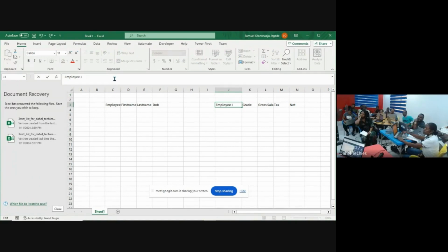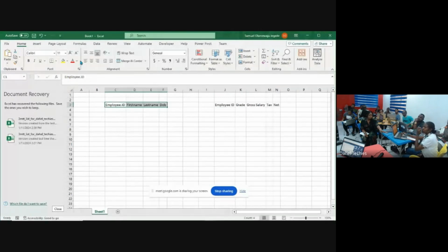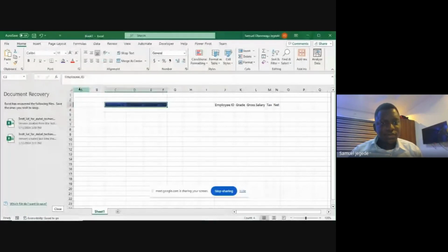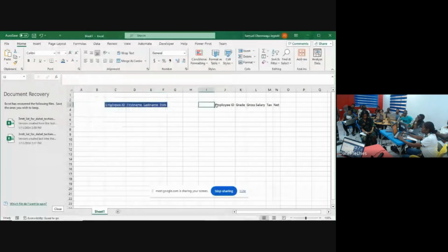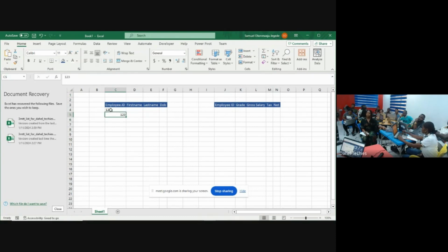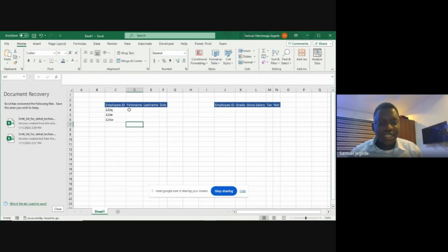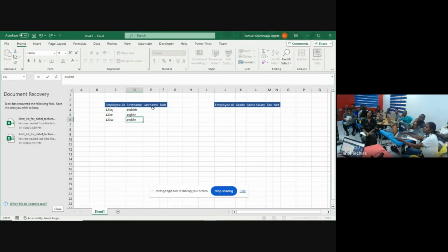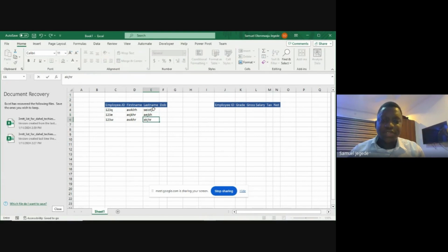So we have these as column headers. Let's say we have employee IDs like 123 and so on, and you have names and date of birth.